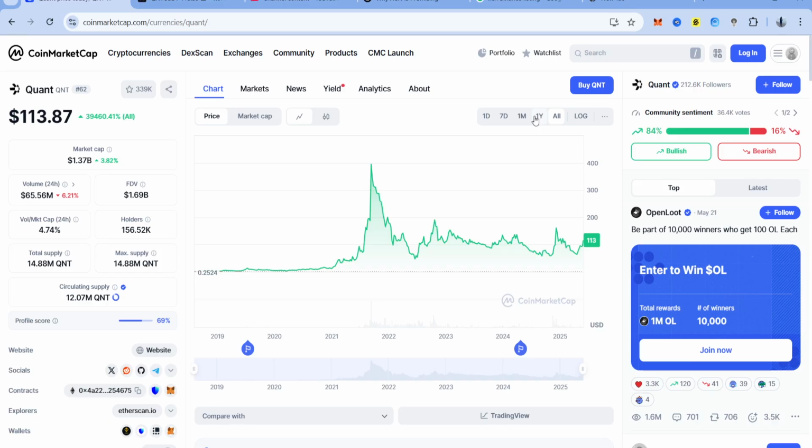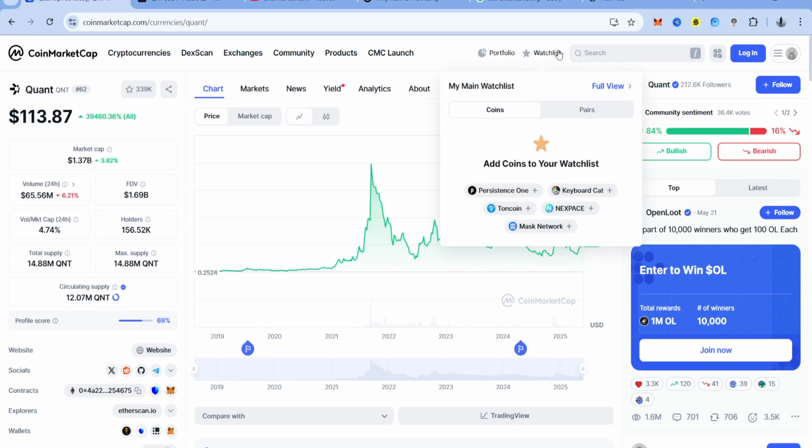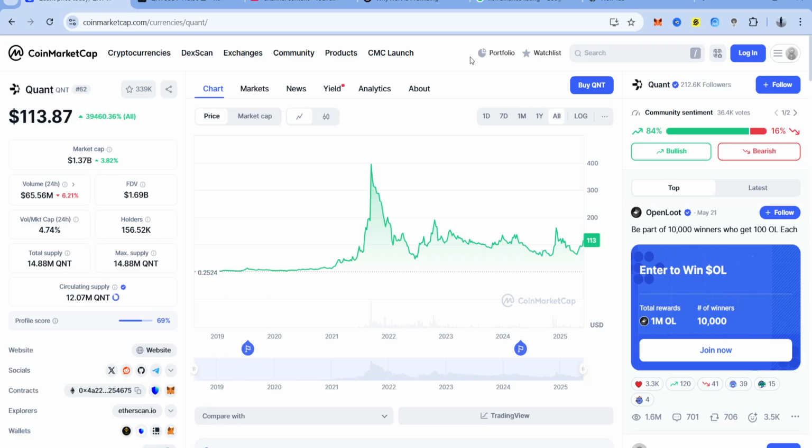Now you could either take some profits. There ain't no harm in taking a couple hundred off the table. That's free money. Now, am I saying you have to take profits? No. There's nothing wrong with taking a couple hundred off the table, and there's nothing wrong with holding for the next 20 years. Okay? It depends on the person and the individual before you comment. So with that being said, let's get into why owning 50 of them,